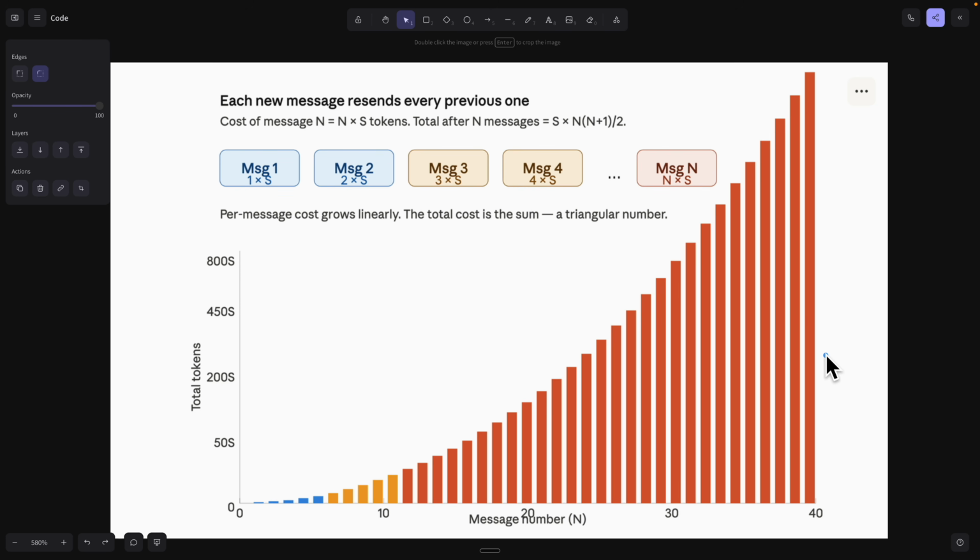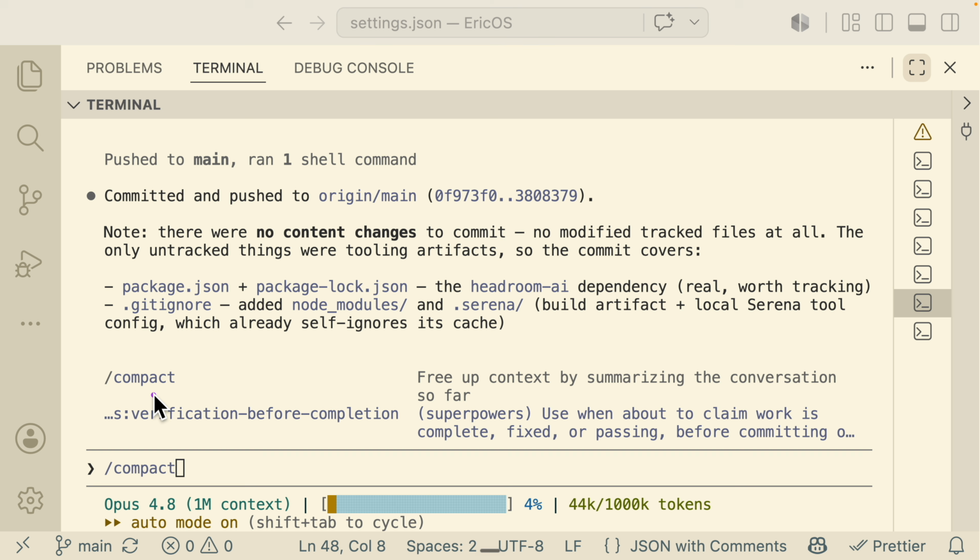So what we can do, instead of sending the entire conversation, is find parts of the conversation that are repetitive and compress them down before we send it to our large language model. This way, it's going to save us a lot of token costs for the large language model. Well, at this point, you might be wondering, how is it different compared to /compact